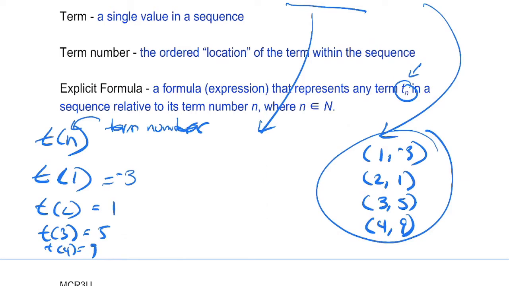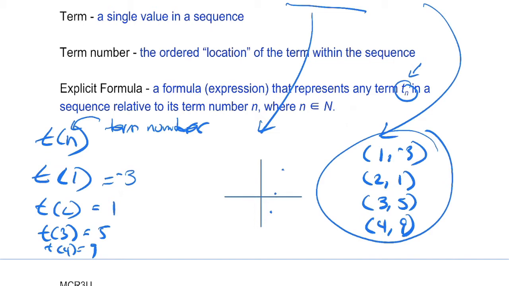Let me just graph it over here. Okay, it may look something like, well, there's (1, -3) might be somewhere down here, (2, 1) may be somewhere over here, (3, 5) might be somewhere over here, and hopefully we can see that this is eventually going to be forming a straight line if we connect the dots, but we're not, because that's not the function itself,